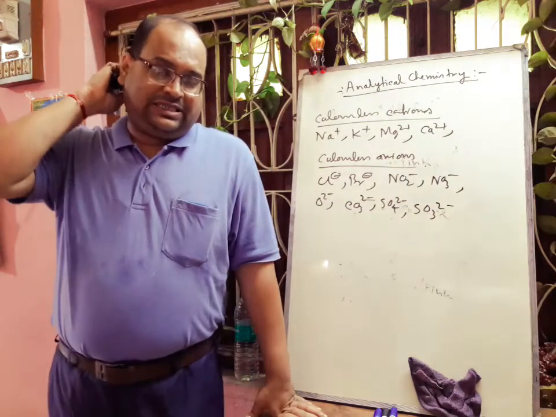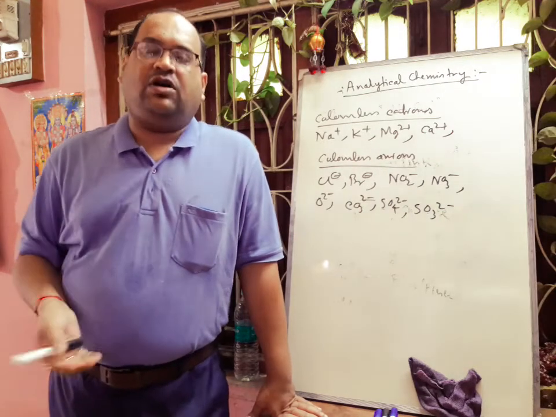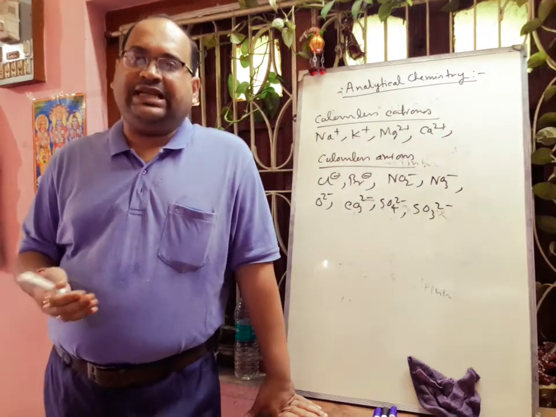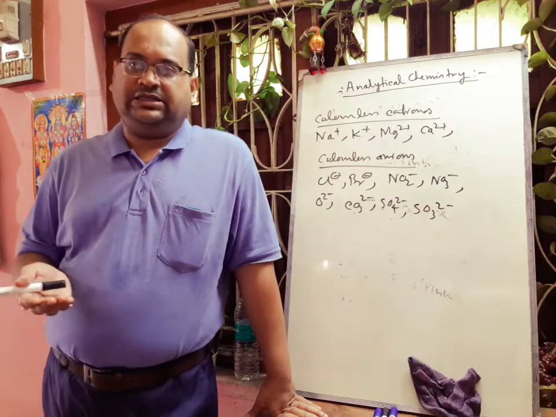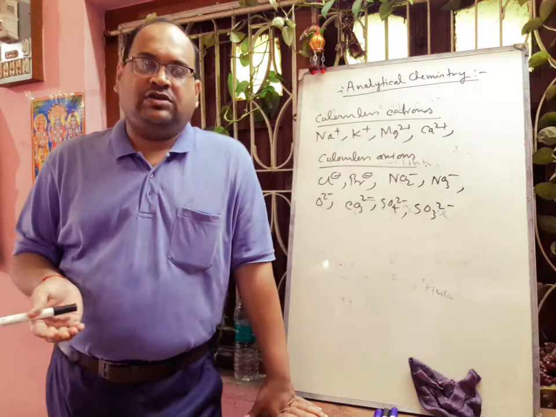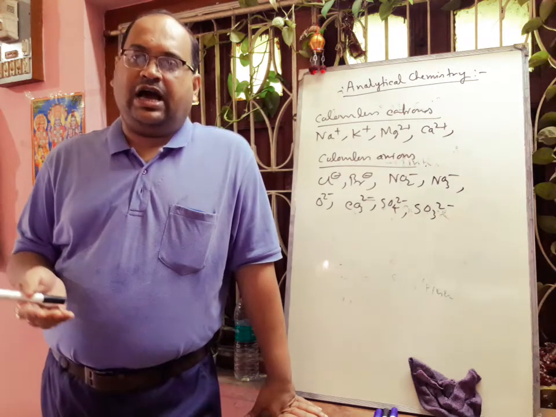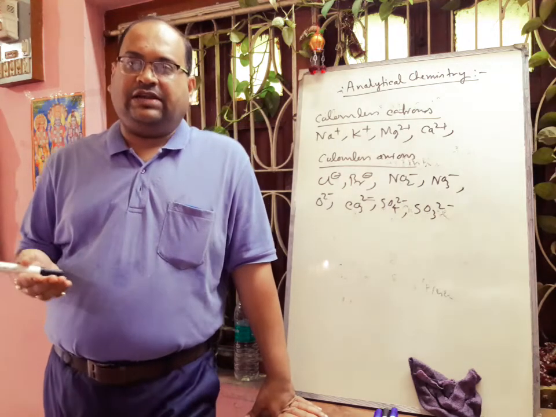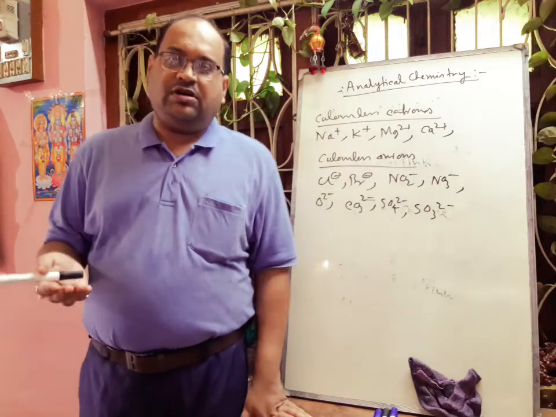Okay, next we will discuss the different types of salt. Suppose we can think about magnesium sulfate salt. What will be the color of magnesium sulfate salt? It will be white, and if we take it in solution, it will be colorless. Suppose iron salt. If we take ferrous sulfate salt, if we observe the salt, that will be light green color. But if we dissolve in water, that will also be light green color.